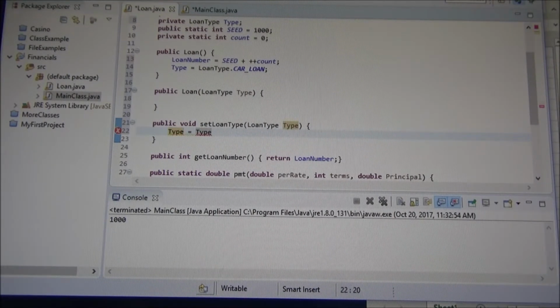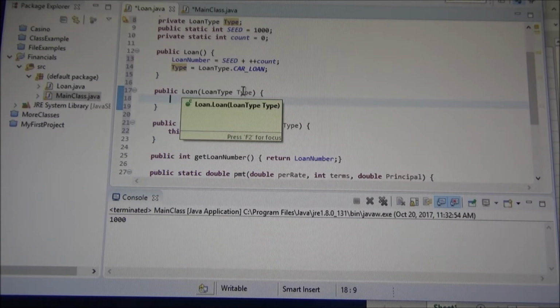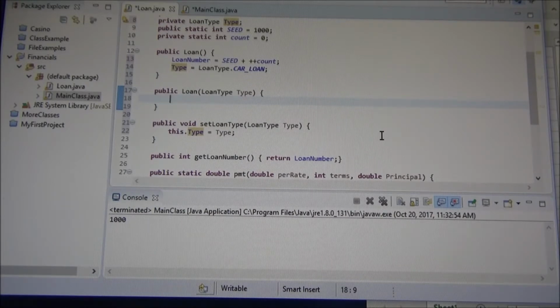I have to use the keyword this, right? And so if I have a constructor that has this parameter loan type, I should simply call that mutator,